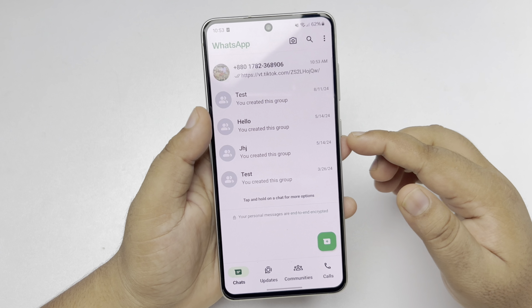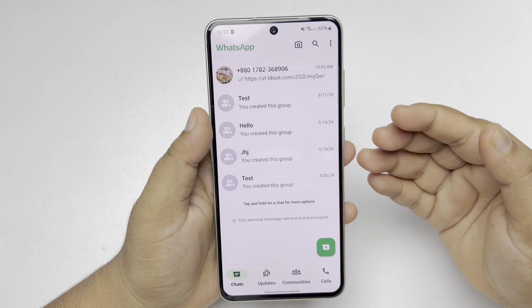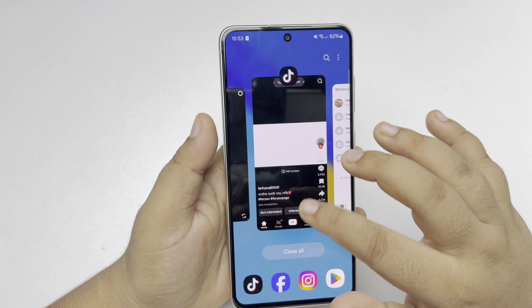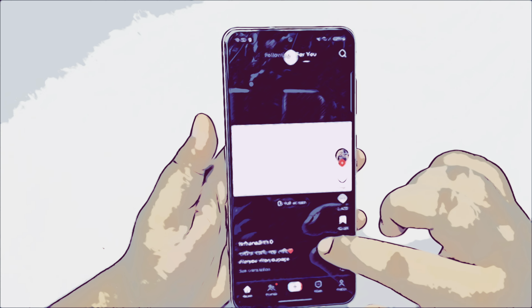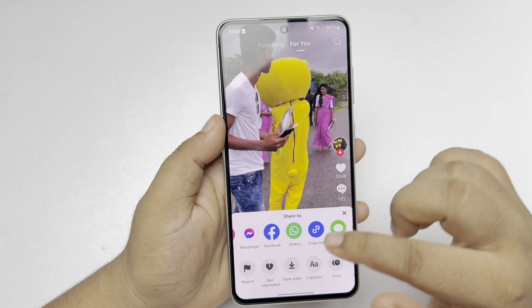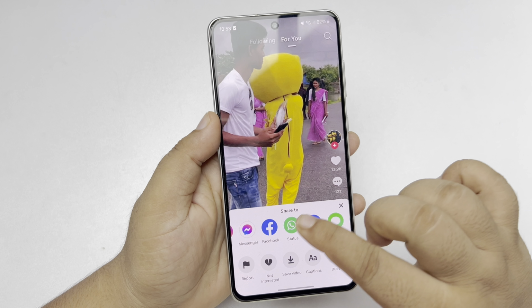And now let's see how to directly share a TikTok video to our WhatsApp story. So I'm going to open my TikTok again, and now let's search for a video, maybe this video. I'm tapping on share and share to. Here you have to select WhatsApp status,